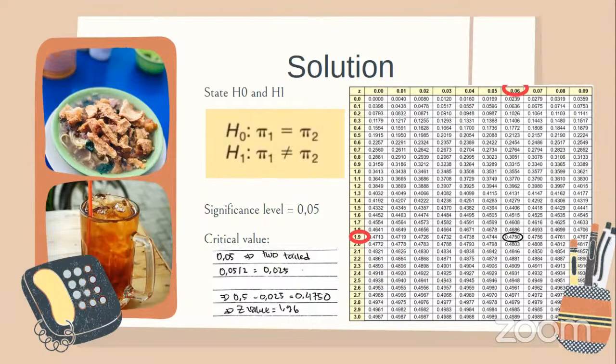Next, 0.5 is half of the area under the curve. Then 0.5 minus 0.025 is 0.4750. So the z value is